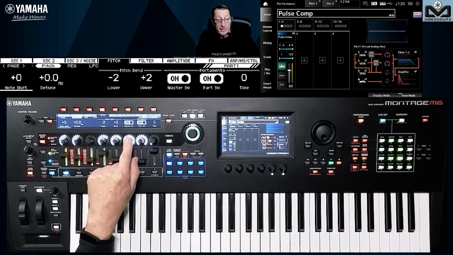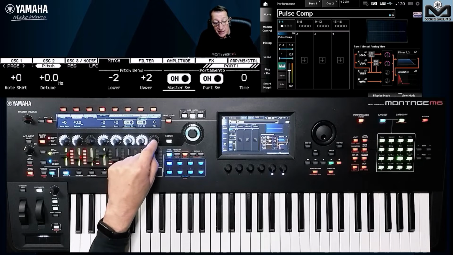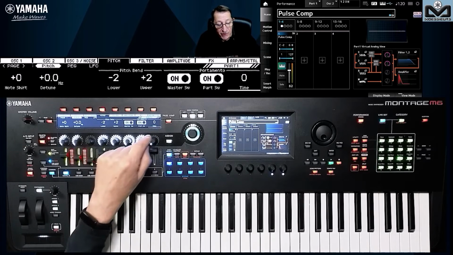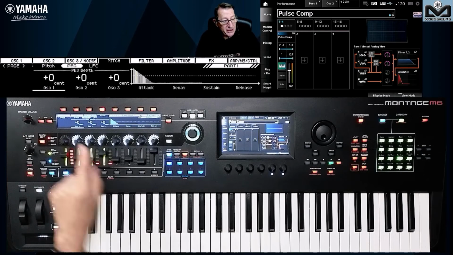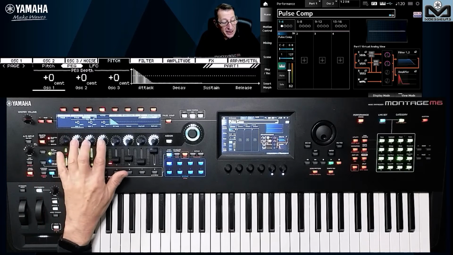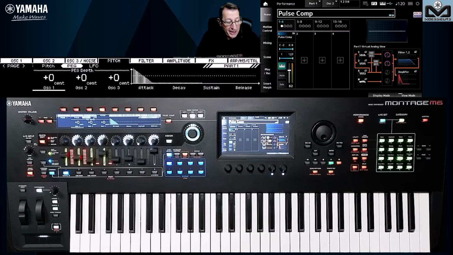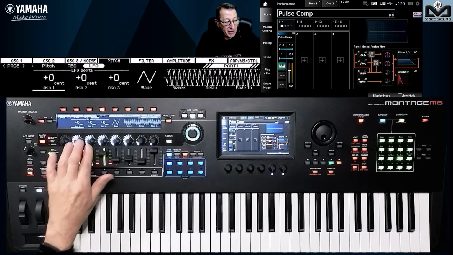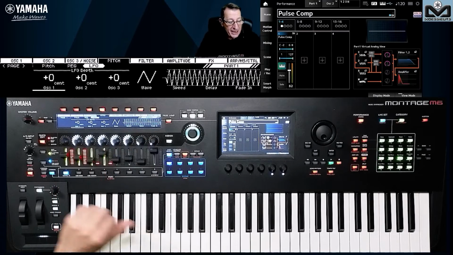Here is the portamento we saw in the first video, the master switch and the part switch, and here is the part time, not the command time, which we saw in the first video. We can manage the pitch envelope generator for each of the 3 oscillators. Here we have the depth and the 4 parameters for the envelope generator. We have the low frequency oscillator for the 3 with the depth, the wave, speed, delay, and fade in.